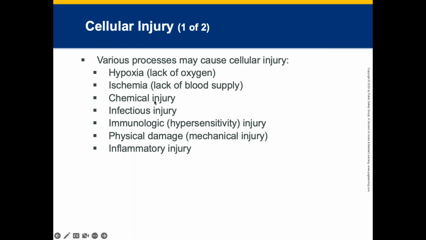So we can talk about blood supply, ischemia, right? The lack of blood, whether it be a clot somewhere or you're bleeding out from hypovolemia, lack of blood supply somewhere in the system. Hypoxia could be from a pulmonary embolus to COVID to pneumonia, any kind of disease process, right? Infectious injuries, again, same thing. Like sepsis could be an infectious injury causing cellular injury as well.